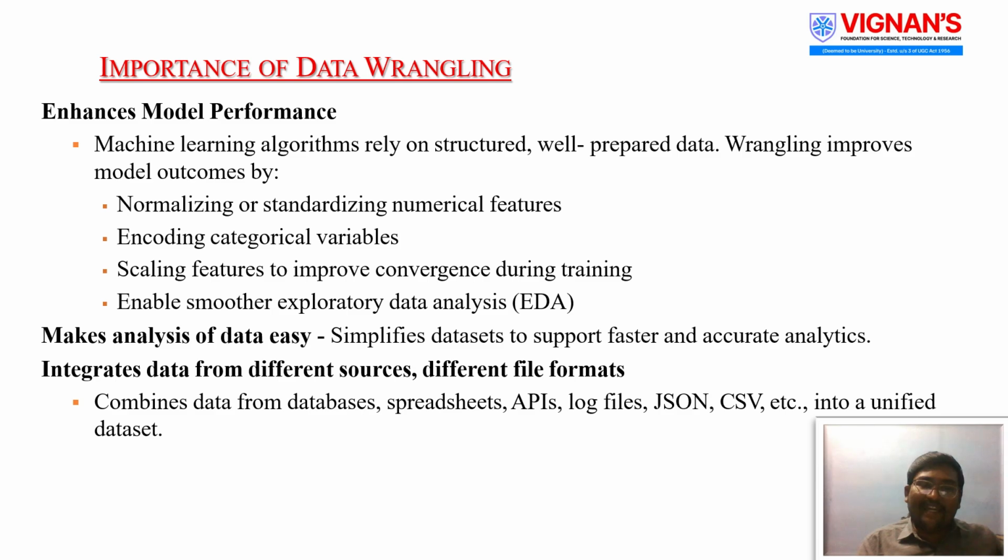In addition, data wrangling enables smoother exploratory data analysis, commonly known as EDA. By simplifying complex data, it makes data analysis easier, faster, and more accurate, allowing analysts to identify patterns and insights